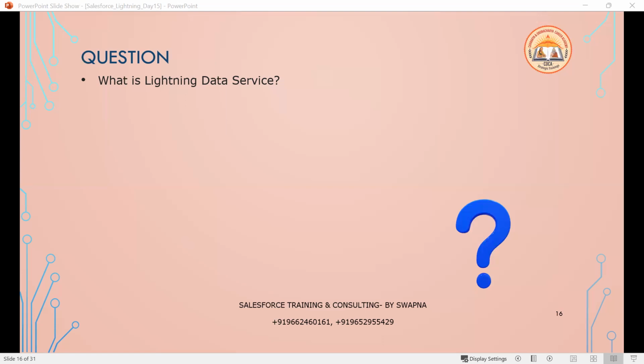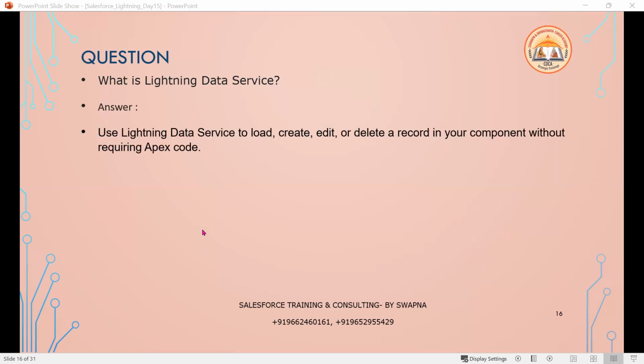It can perform CRUD operations without Apex. Simply, Cloud by default. Yes. LDS is based on 2 types: form based and program based. Lightning record form, record view form, record edit form. So LDS is basically used to create, edit, delete the record without using the Apex code, and it will increase the performance